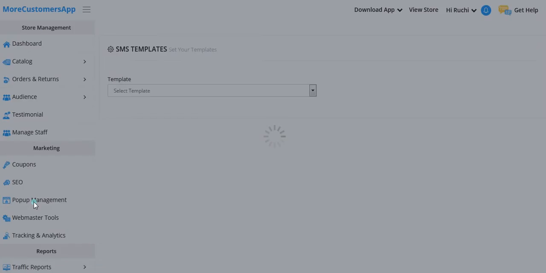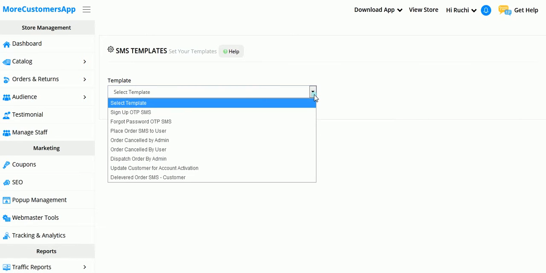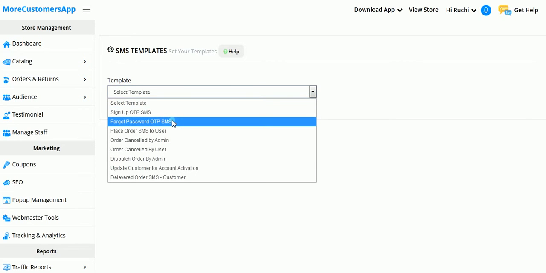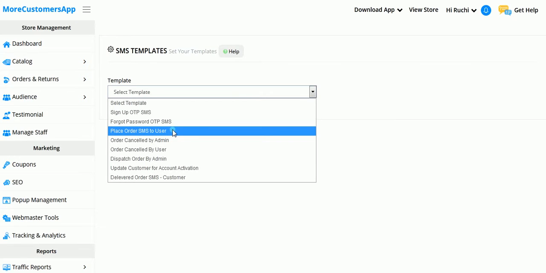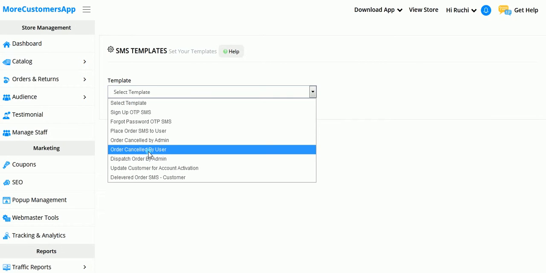Click on SMS. Now click on the drop down. Here you can see the SMS goes for certain options: sign up for OTP, forgot password, where again we will get an OTP, place order SMS, which goes to the user, order cancelled by admin, suppose we the seller are cancelling the order, so the SMS will go to the customer, and order cancelled by user.